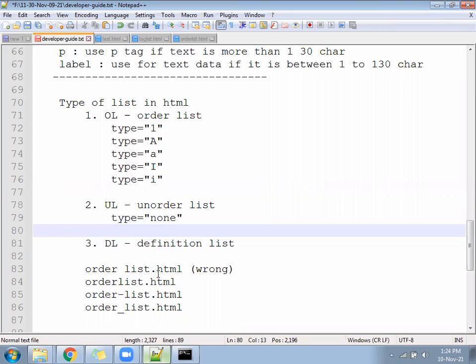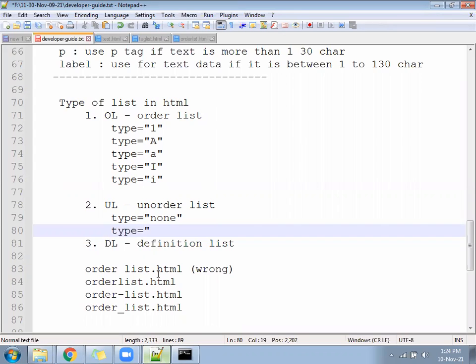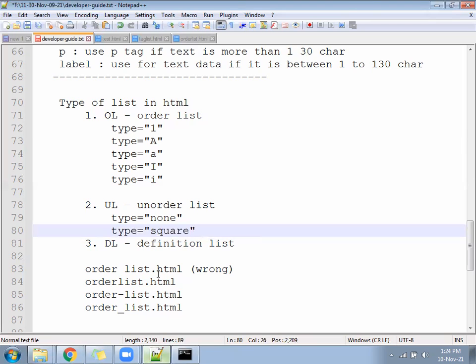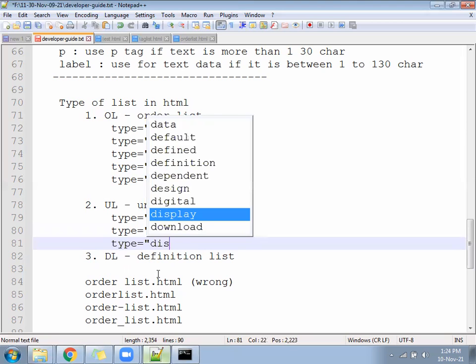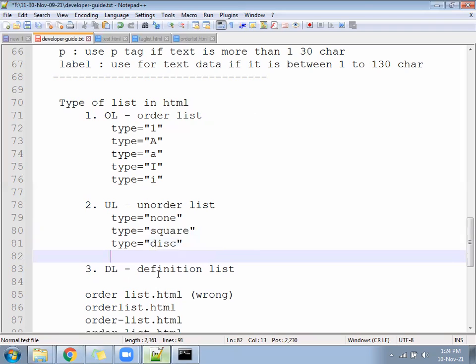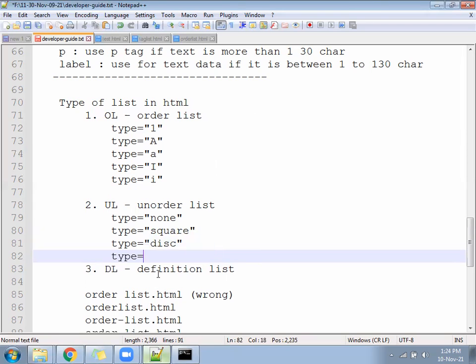Next, write type equal to square. It will give you the square symbol. Type equal to disk will give you the disk kind of symbol, a circle with a dot in between. Next we have type equal to circle.